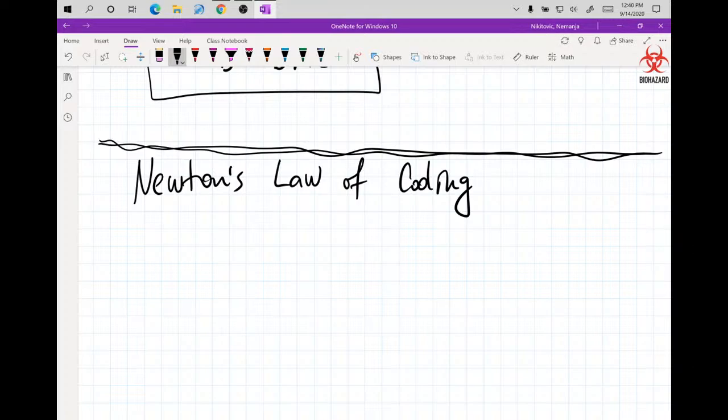I'm just going to quickly get the English statement for it, and then we're going to convert that into a mathematical statement, and then you use separation of variables to come up with the equation. So Newton's law of cooling